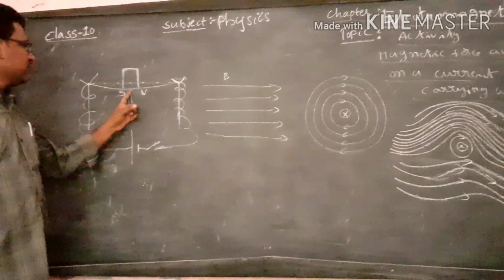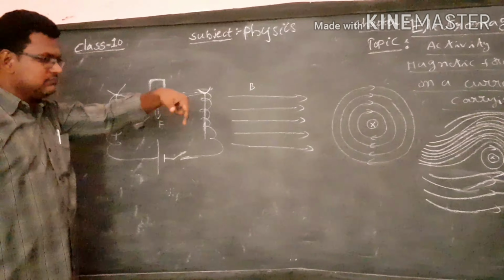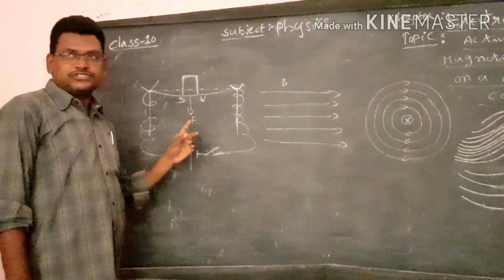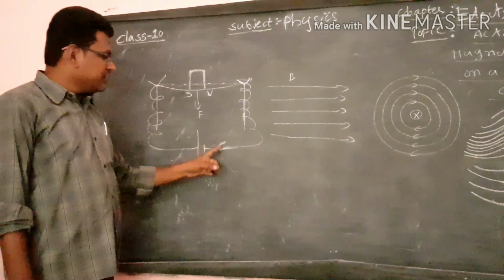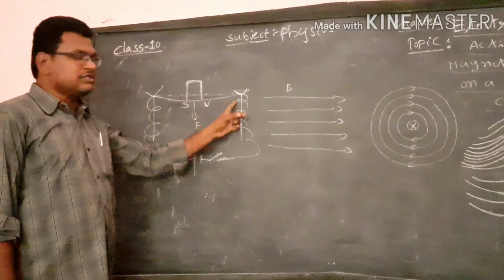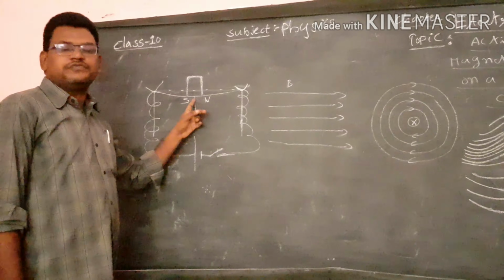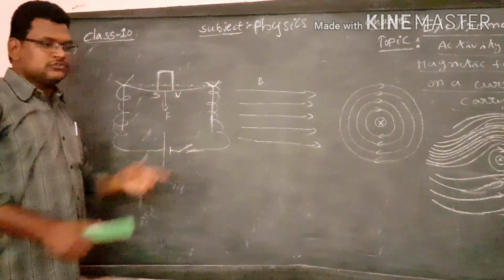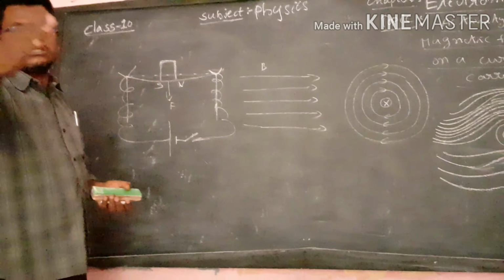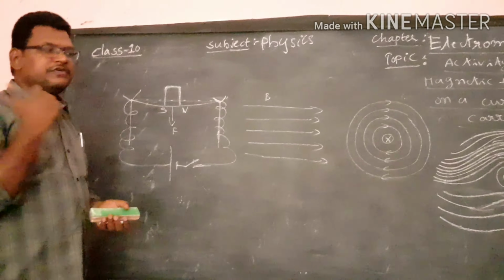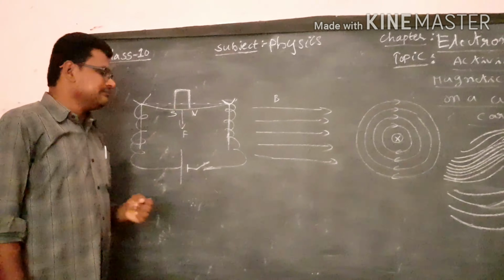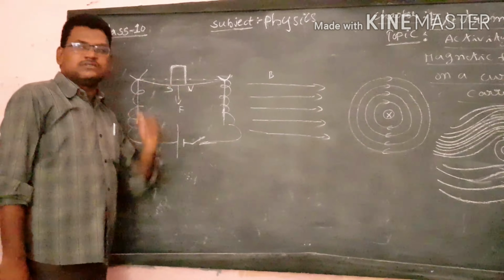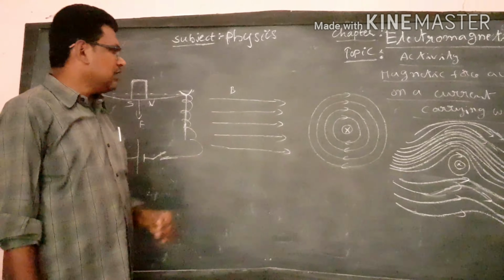When there is no flow of current in the wire, and if you take a horseshoe magnet, there is a magnetic field only from the horseshoe magnet. Suppose when we switch on, when current flows through the circuit, there are two fields. One is the magnetic field due to the horseshoe magnet, from its north pole to south pole, and the other is the magnetic field due to the current carrying wire. So here the resultant magnetic field exists. Now let's see how it is.